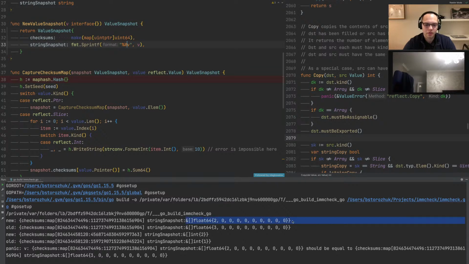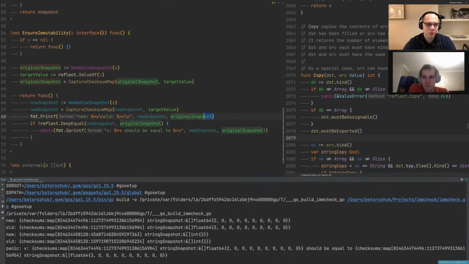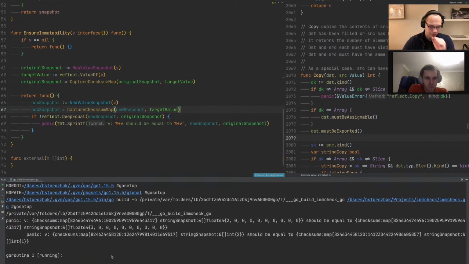So we know, okay, this failed because the new value is the following one, the old value is the following, and so on. Hashes are different. Yeah? And this also fails. Or not? Probably. No, I think it doesn't fail. So we print everything here. If we remove it, so we fail